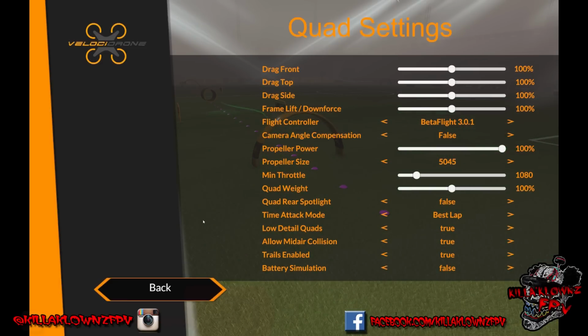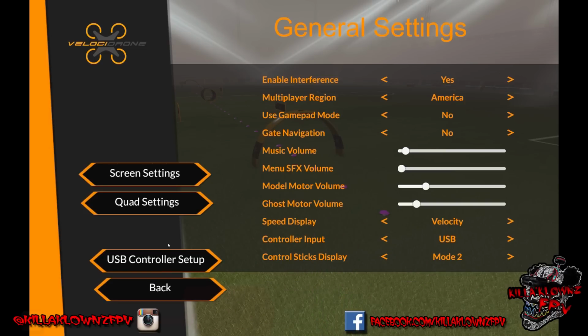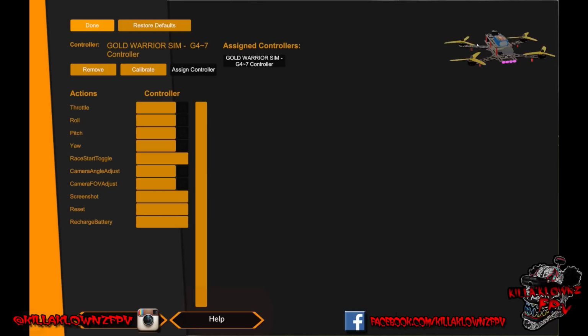MAH consumption after a while. When you've been flying it for a while, you'll start noticing things like voltage sag. I leave it off. I'm barely learning how to race, so I'm using everything on stock settings. USB controller setup: as soon as you plug in a Tyrannus, it pretty much recognizes everything. This here, the Gold Warrior Sim, whatever the hell, that is for a 20-in-1 sim I bought off like Banggood